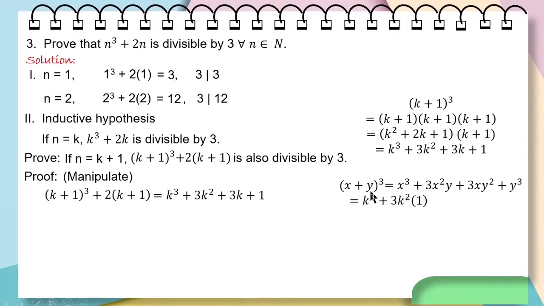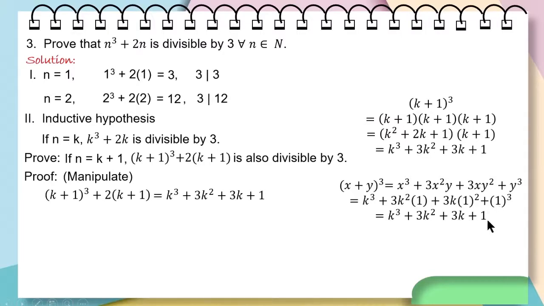We let y be equal to 1, plus 3k times 1 squared, plus y cubed or 1 cubed. Again, we let y be equal to 1. Simplify. K cubed plus 3 times 1 is 3k squared, plus 1 squared is 1 times 3k is 3k, plus